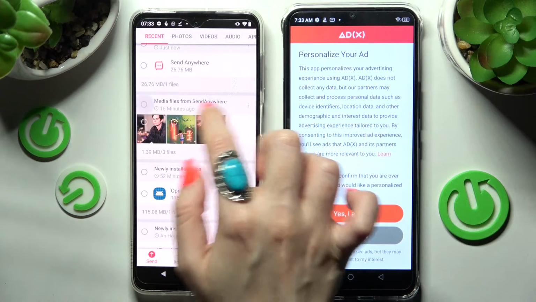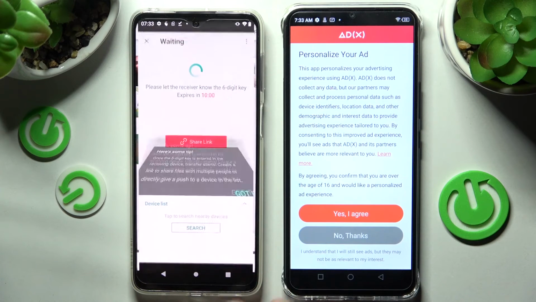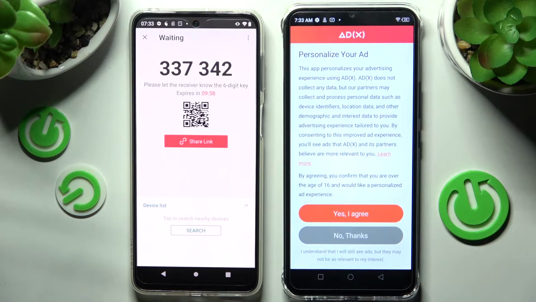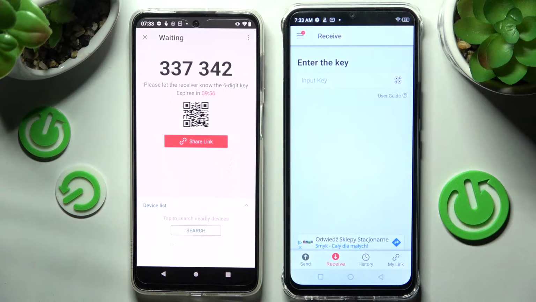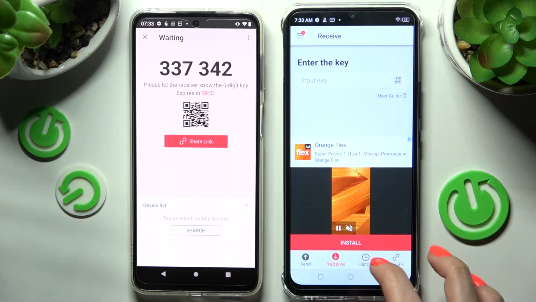It will take a long time though to do it now, so I will go with only one photo. Choose Send and click on Get It. Now on an Android, just no thanks and close this window. As you can see from here, we have the connection ways. We can input this key over here